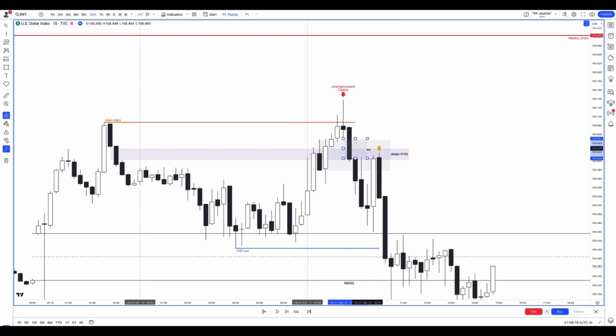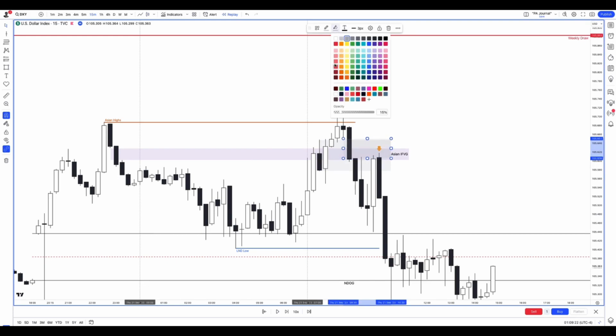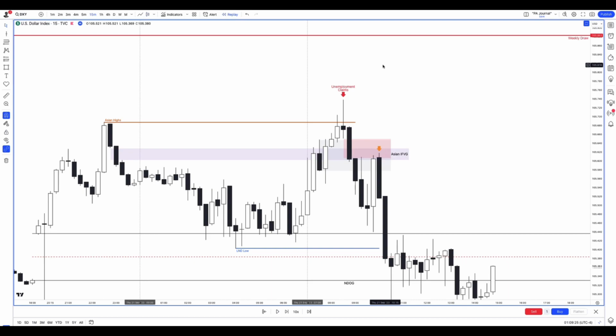15-minute fair value gap here. So after the New York session continuation profile got invalidated, I now have 3 PD arrays for a New York session reversal. And we have the filter, liquidity, unemployment claims, all to back that up. So if this was a reversal, where could this reverse into? Intraday lows. And into this new day opening gap.